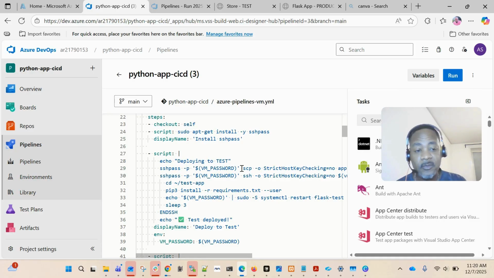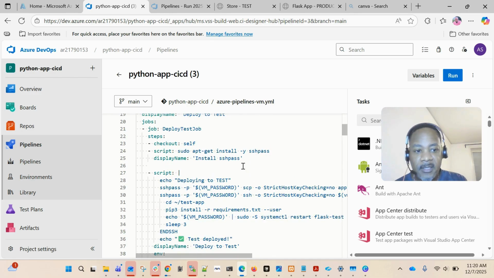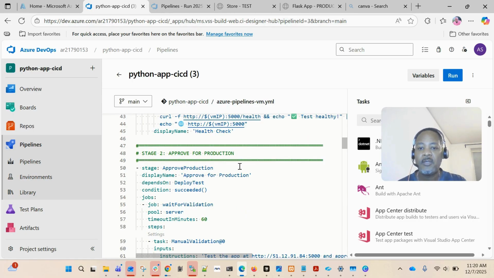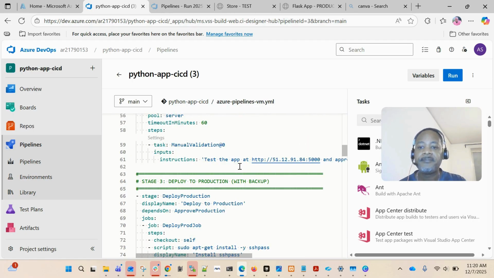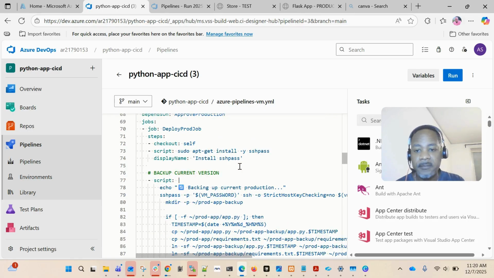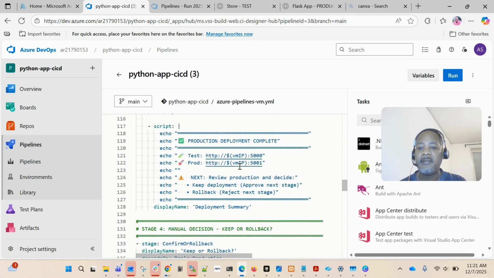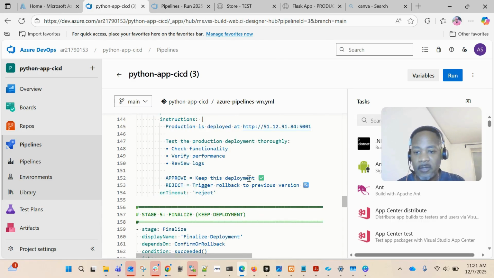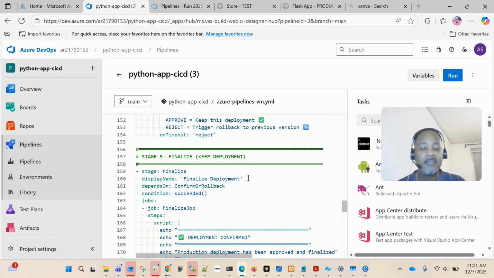After you do your testing, we're going to do a quick demonstration of that right now. In this particular pipeline, you have deploy to test, you have approve for production, you have deploy to production, and then you have a manual decision, which is whether you're going to keep it or roll it back. All right. And in this case, there's another stage, which is to finalize,